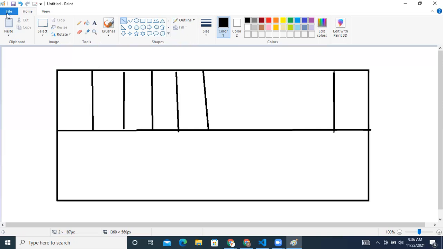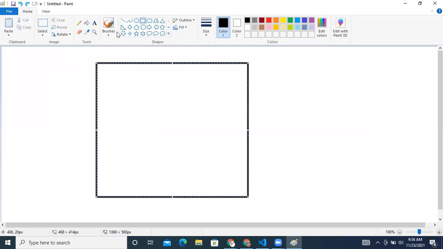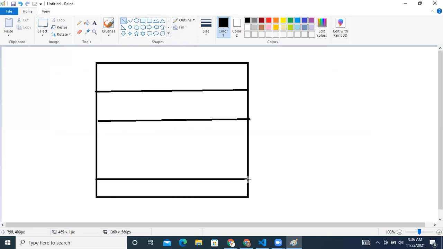See, for example, you have a web page like this, and there is a header, some slider, one footer, and there is a content area here. So this is the first row, this is the second row, this is the third row, and this is the fourth row.